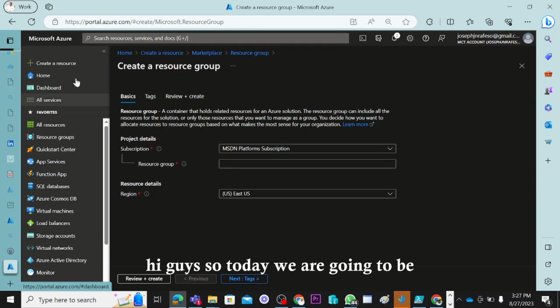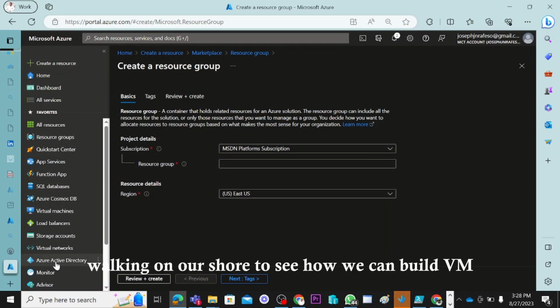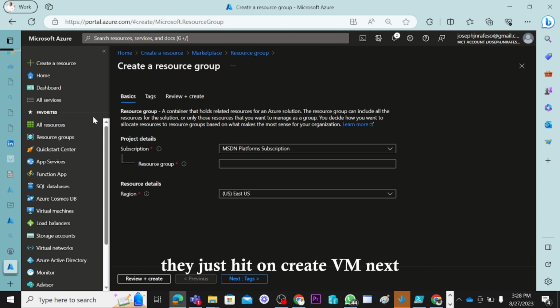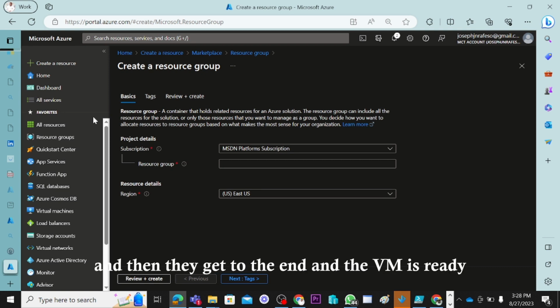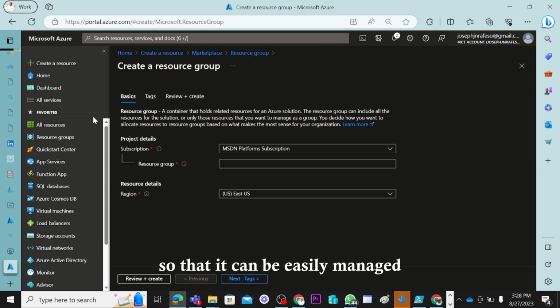Hi guys, so today we are going to be working on Azure to see how we can build a VM. When some people want to build a VM in Azure, they just hit create VM, next, next, next, next, and then they get to the end and the VM is ready from what Azure will do, right? But we are going to give it a different approach by logically arranging these resources so that they can be